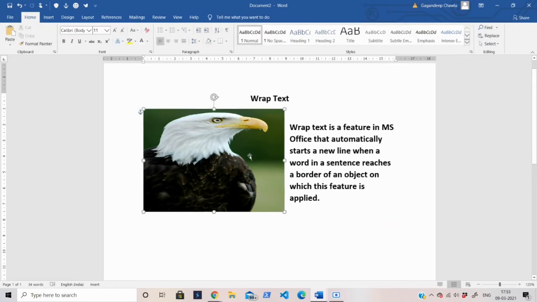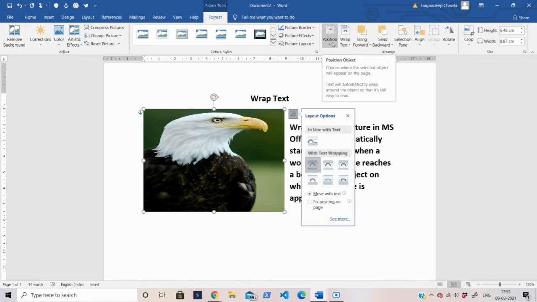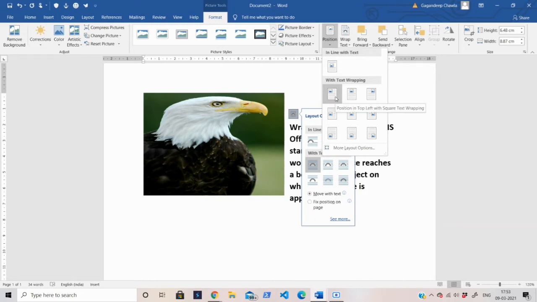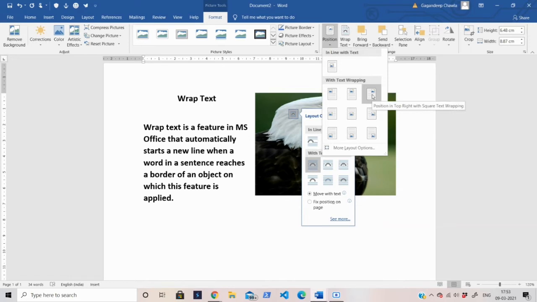Now click on the picture again. Then you have in arrange group, you have this position option. Click on the position. Right now the image is on the top left corner, so if you want the image in the middle, okay, so you can select this option. If you want the image on the right side of the page, so you can select this option.